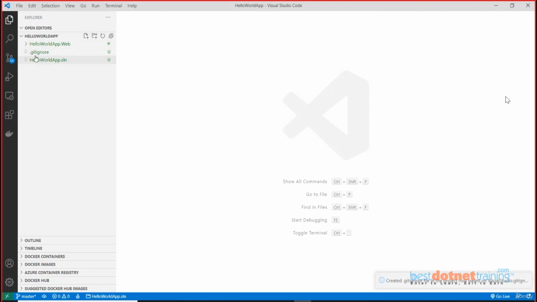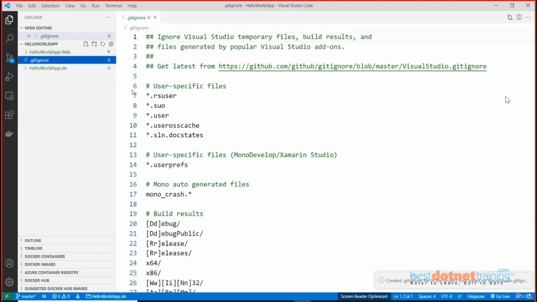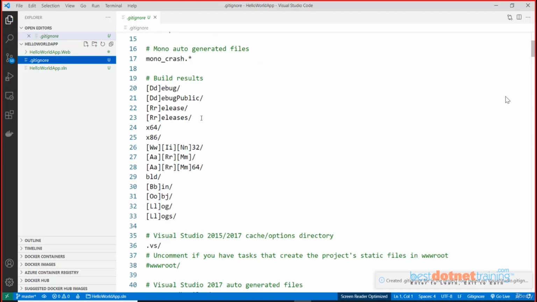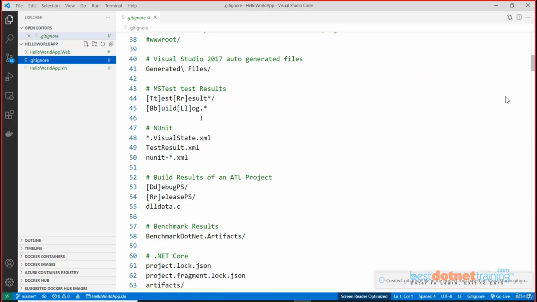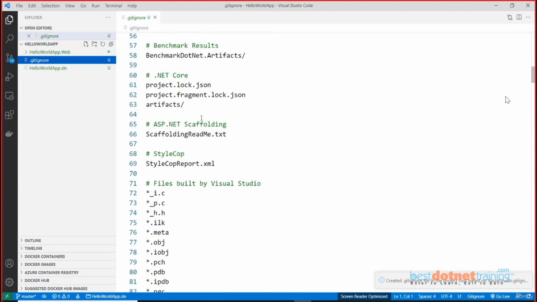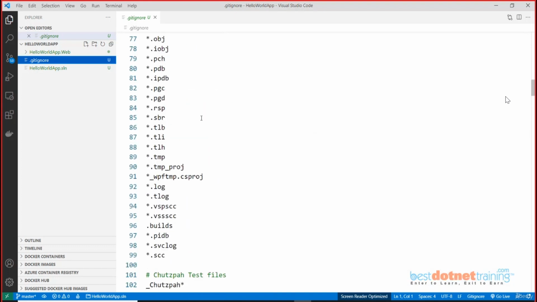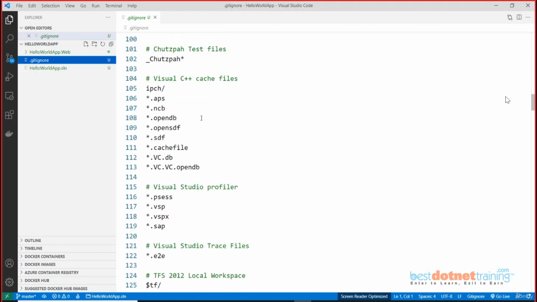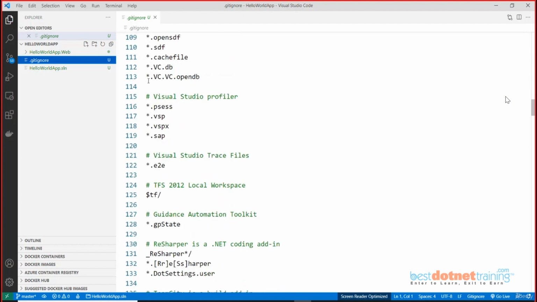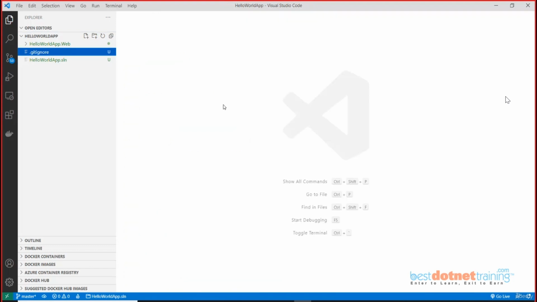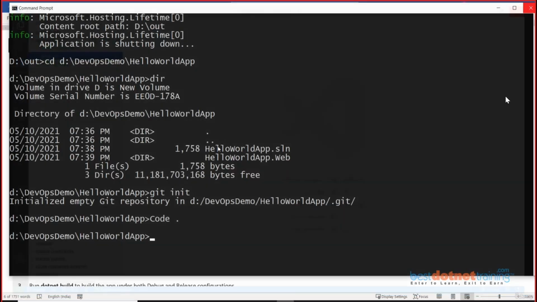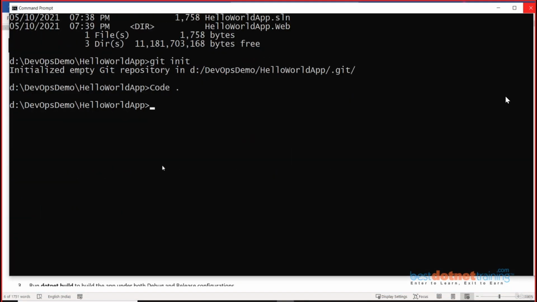This is going to add a git ignore file here. Automatically it added. So all these are files which I don't want to be tracked. I don't want my local repository to track changes to these files, these folders, these extensions. You don't have to do anything. Again, it's a job of the developer who will take care of it. But yes, for demo purpose, I'm showing you the steps. So now that you have created git ignore using Visual Studio Code, time to now